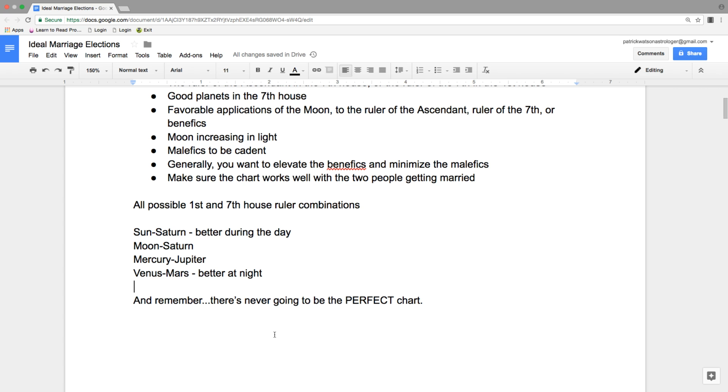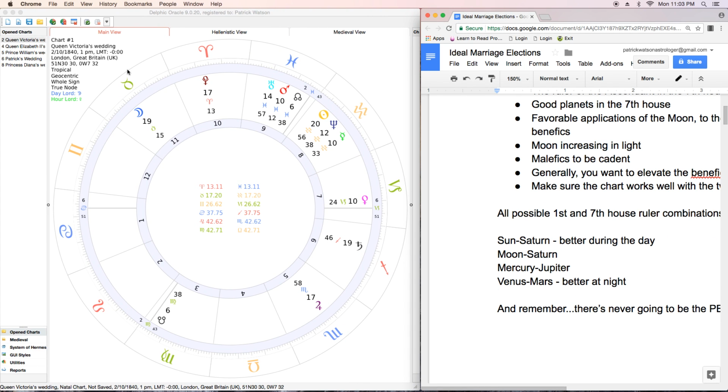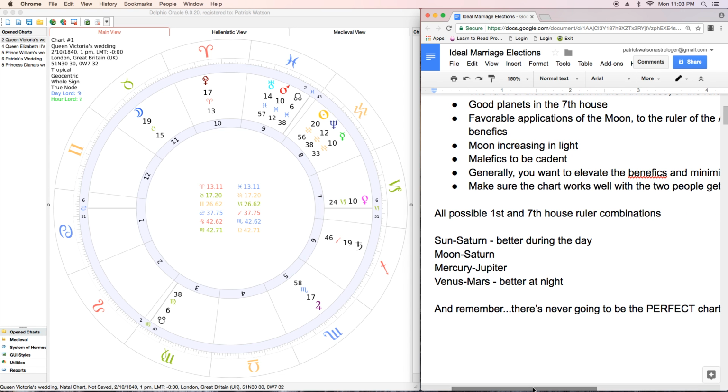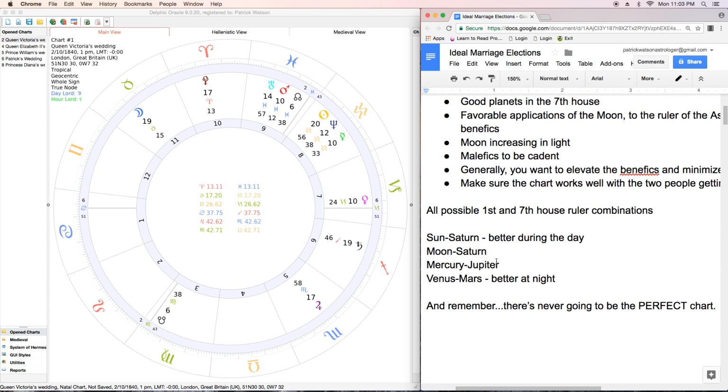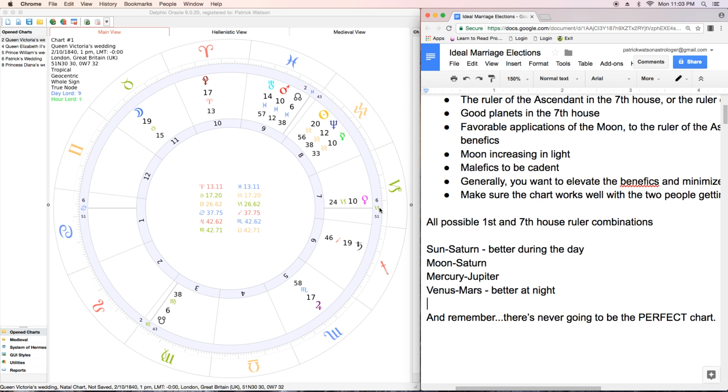So anyway, I thought what I would do is show you guys some real-life examples of weddings that obviously weren't elected. These happen more or less naturally, and unfortunately all of my examples are from the royal family, but it's pretty reliable data. Those are public events. There's no dispute about when they happened. Everyone's eyeballs are on them, so it's kind of cool because we actually have a timed